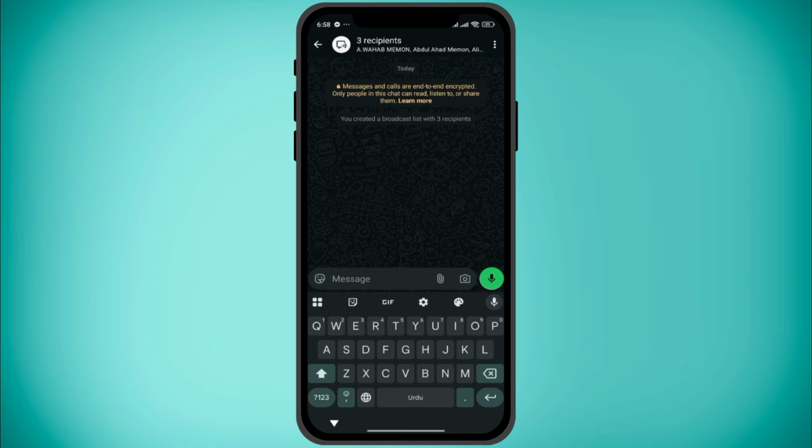To send a message, simply open the broadcast list and type your message. Each person will receive it as a normal chat message. And that's it. That's how you create and use a